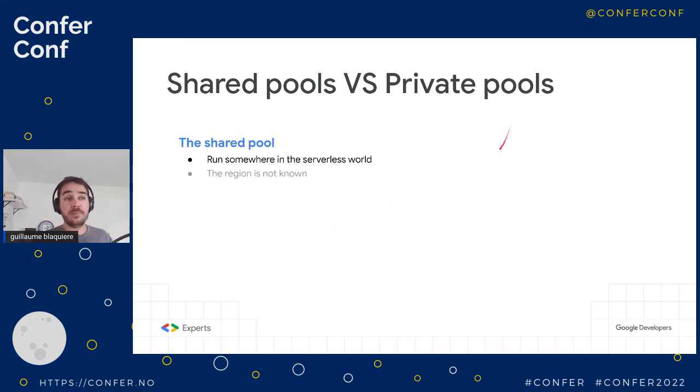You don't know where, you don't know how, but you know it's on VMs managed by Google Cloud for you, and it's shared with other customers. Each customer has its own sandbox and runs its pipeline in its own sandbox, but the global project on the Google Cloud side, because it's managed by Google Cloud, is shared with all the builds and all the customers.